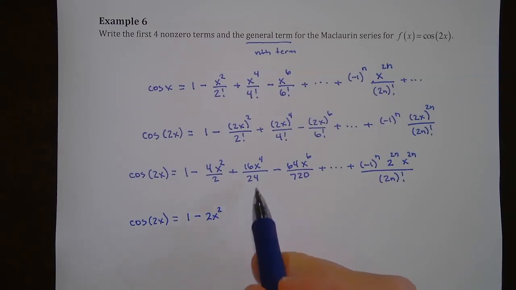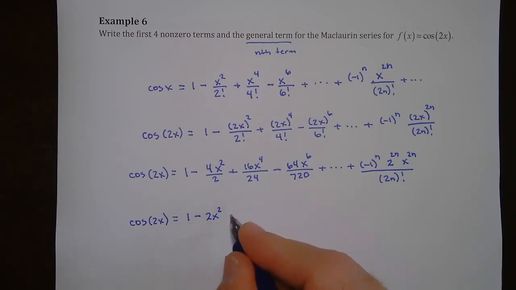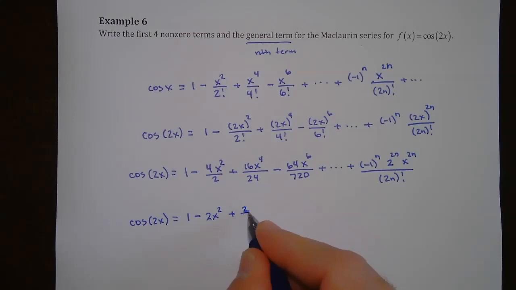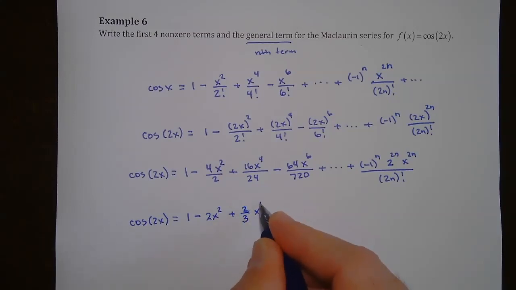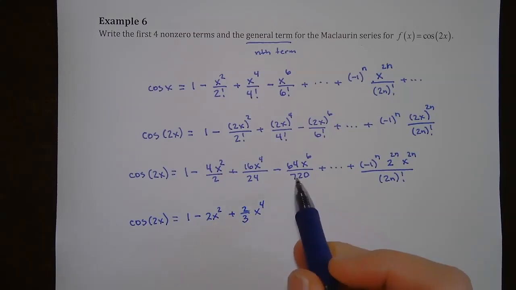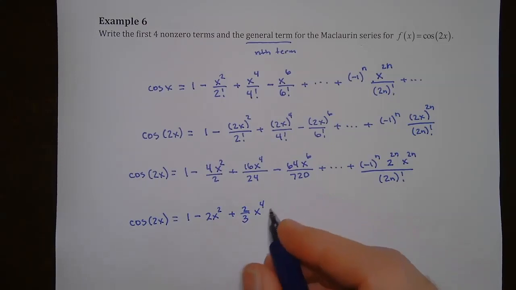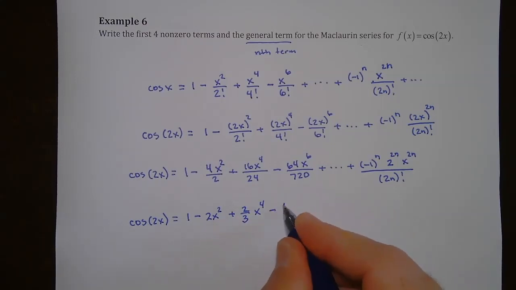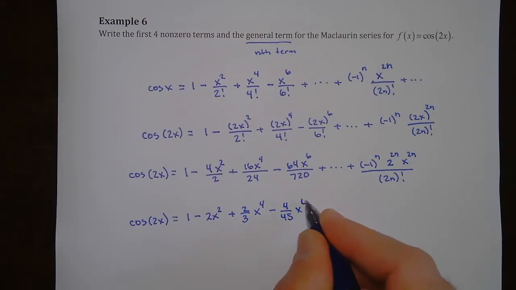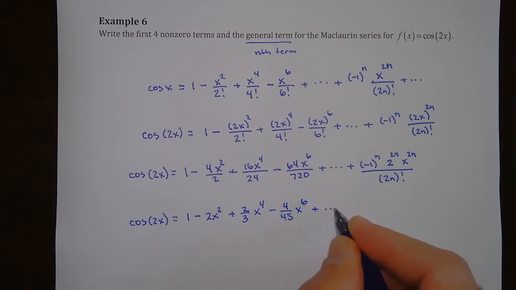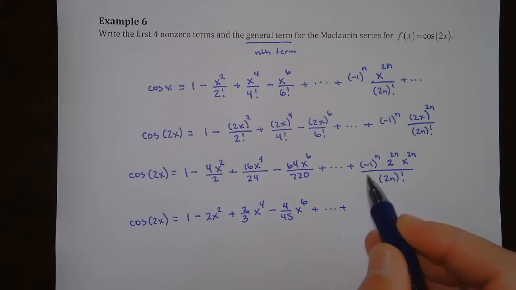And then 16 over 24, that reduces to 2/3. So plus 2/3 x to the 4th. And then the minus the 64 over 120, that reduces to 4 over 45. So minus 4 over 45 x to the 6th plus dot, dot, dot, plus, and then again, this -1 can